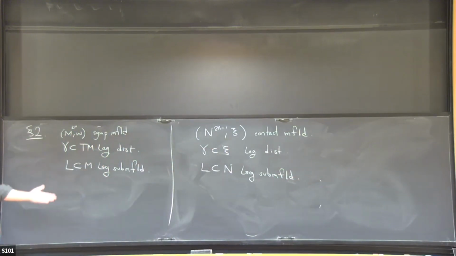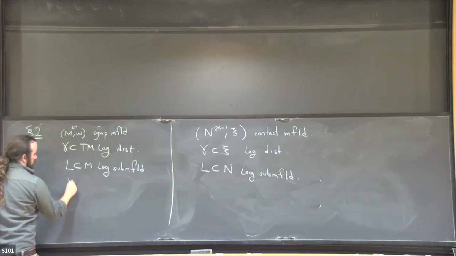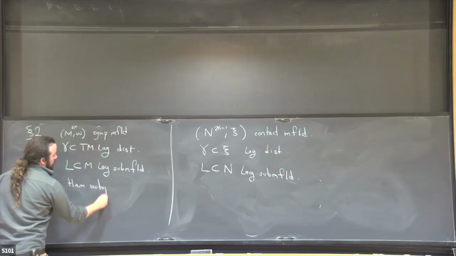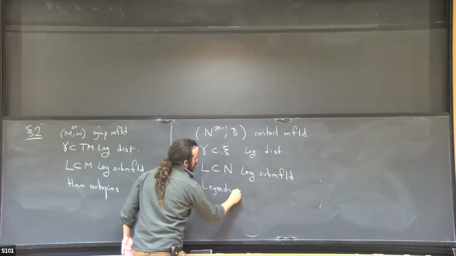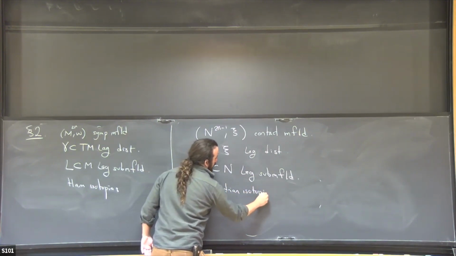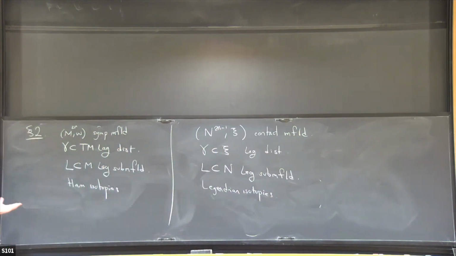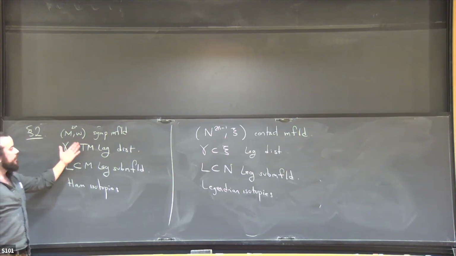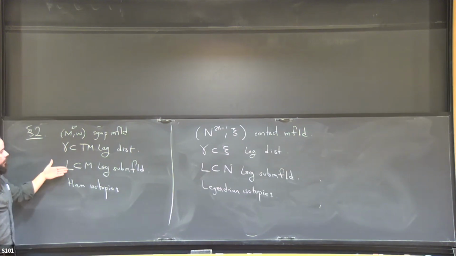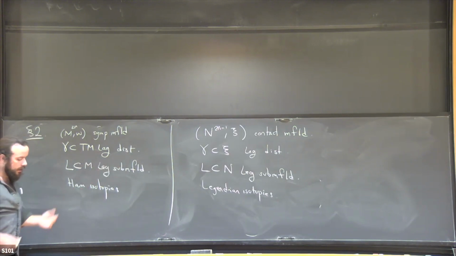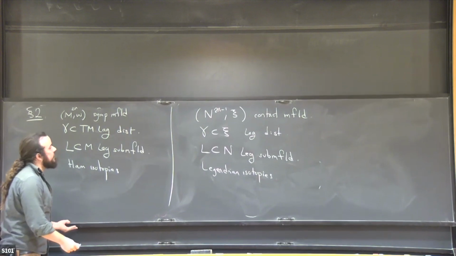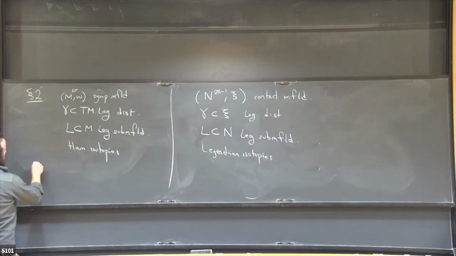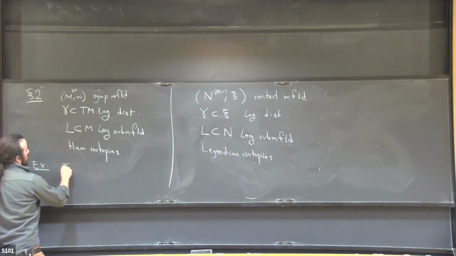And the symmetries that we will consider are here Hamiltonian isotopies. Here just the Legendrian isotopies. Okay, and so the main question is, to what extent can I simplify the tangencies of L with respect to gamma via either a Hamiltonian isotopy or Legendrian isotopy? And the main result is that this problem abides by a full h-principle. Okay. So before I state the result, good examples to keep in mind are